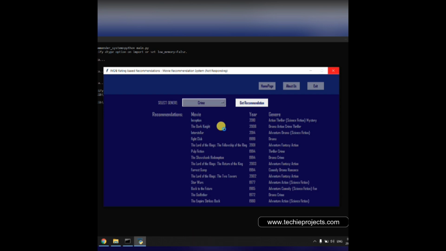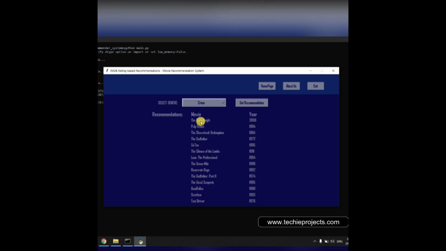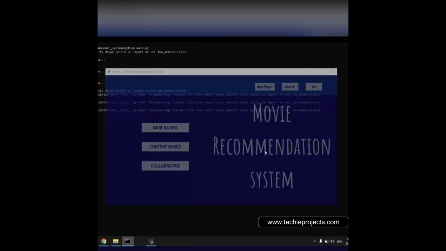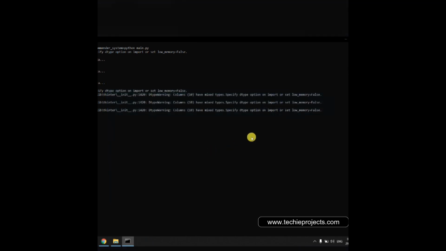The model will load and it will take a bit of time. So it will show all the movie names with the year. Okay, you can select another genre, like I'm selecting musical. So the model will load and it will take time. No recommendations are available. So let's click on content based